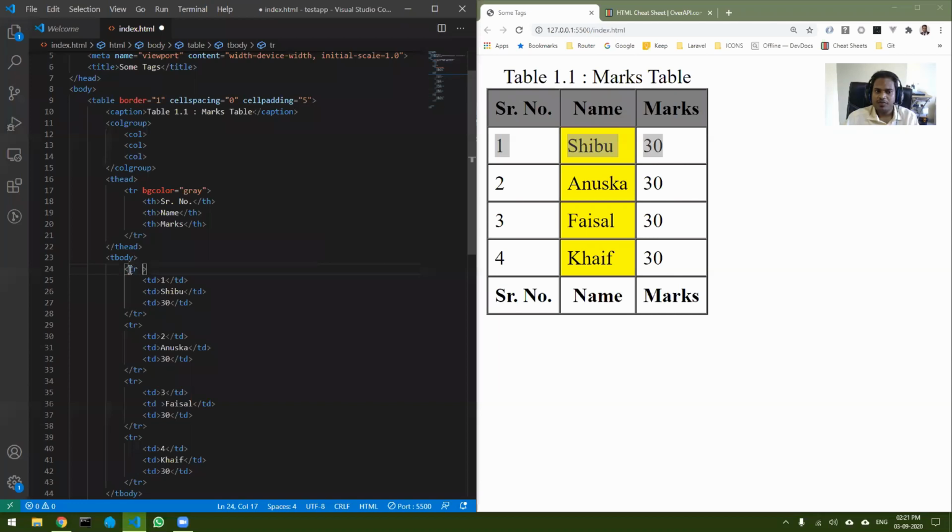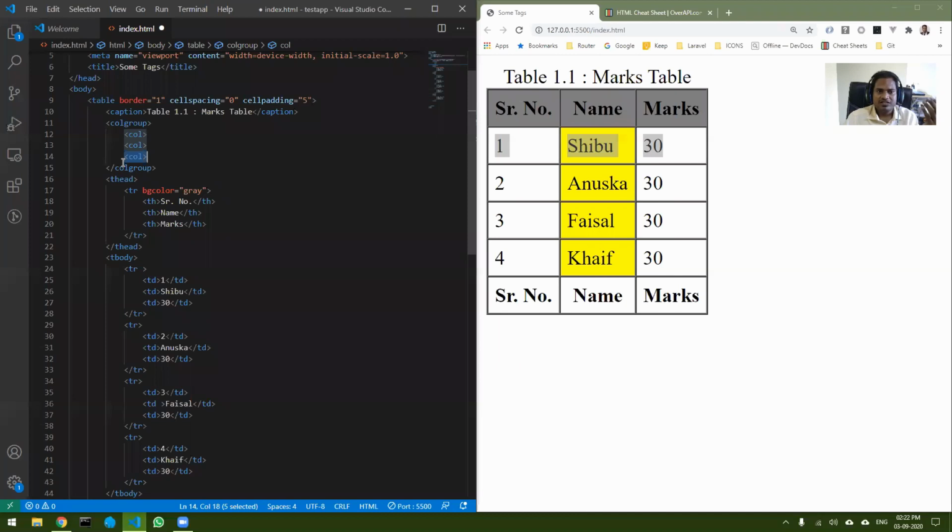For grouping of rows, there is tr, but for grouping of columns, there is no such thing, so for that, this is provided for you. In this case, the first col represents all this, this and this. So all this represents the first col. The second col represents the second column, that is Shibu, Anushka, Faisal, Kaif. And the third col represents 30, 30, 30, 30.